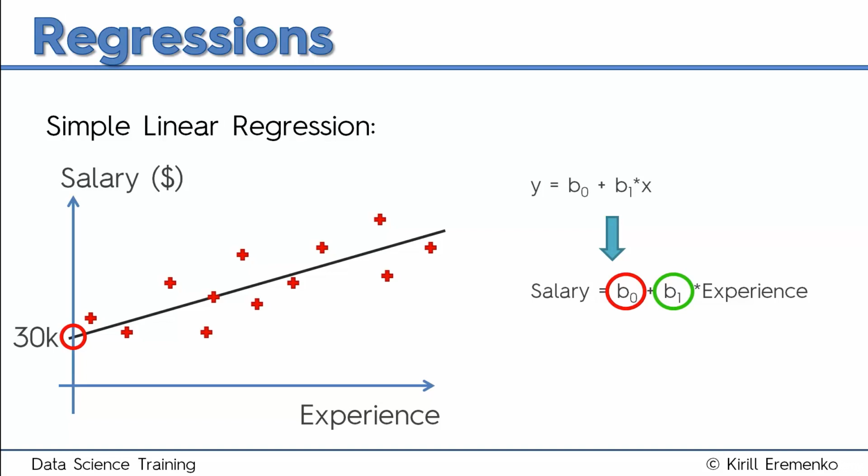Let's look at this in this particular example. Let's say somebody went from, maybe, 4 to 5 years of experience. To understand how his salary will increase, you have to project this onto the line and then project that onto the salary axis. And you can see that for 1 year of experience, the person will get an extra $10,000 on top of his salary. So if the coefficient B1 is less, then the slope will be less, and that means the salary increase will be less per every year of experience. If the slope is greater, then experience will yield a bigger increase in salary.